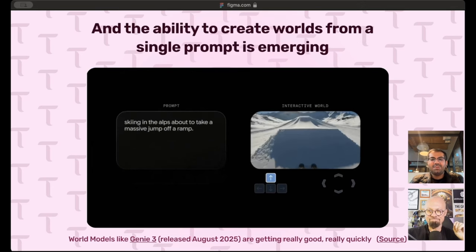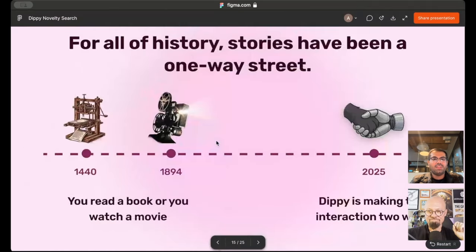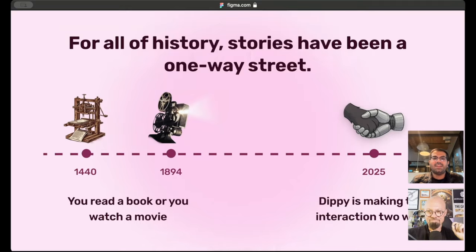And so pretty excited about this. And we think this almost represents like a tectonic shift from how stories have always been told, which is, as I mentioned, this passive consumption experience, to now the user driving the plot wherever they want. And we think this will just get more and more immersive over time.